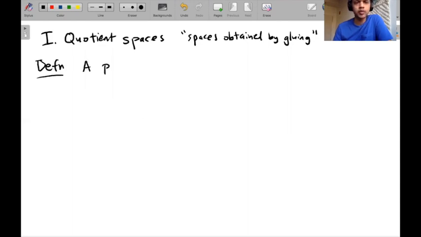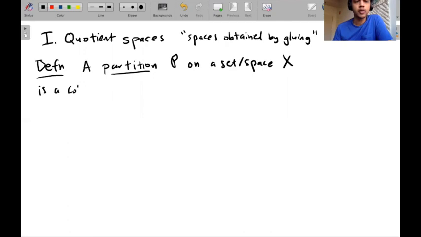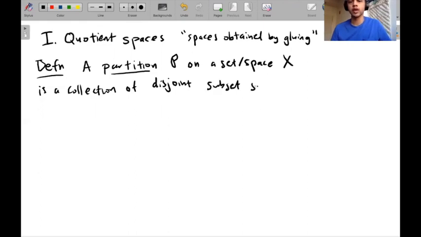So a partition P on a set or a space X is a collection of disjoint subsets of X whose union